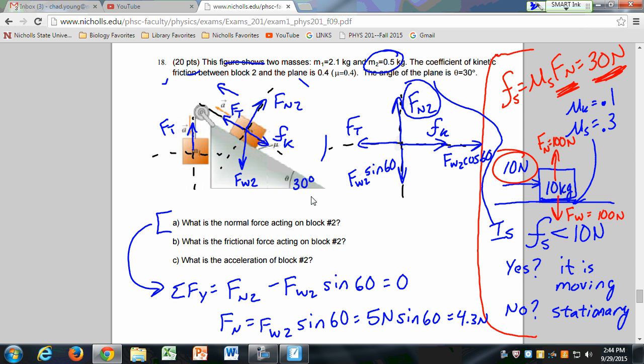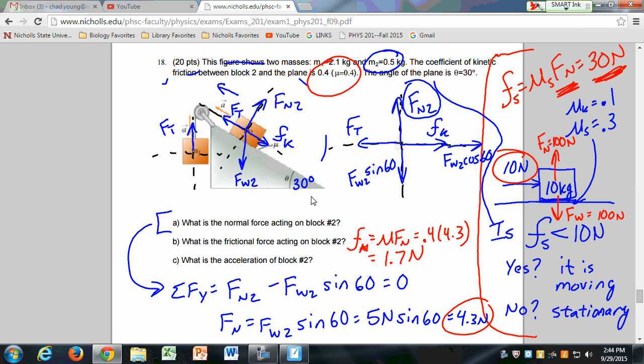If I want to find the frictional force, okay, that's just going to be mu times the normal force. It's 0.4 times 4.3. Mu was given up here. This is my normal force. So 0.4 times 4.3 is 1.7. And